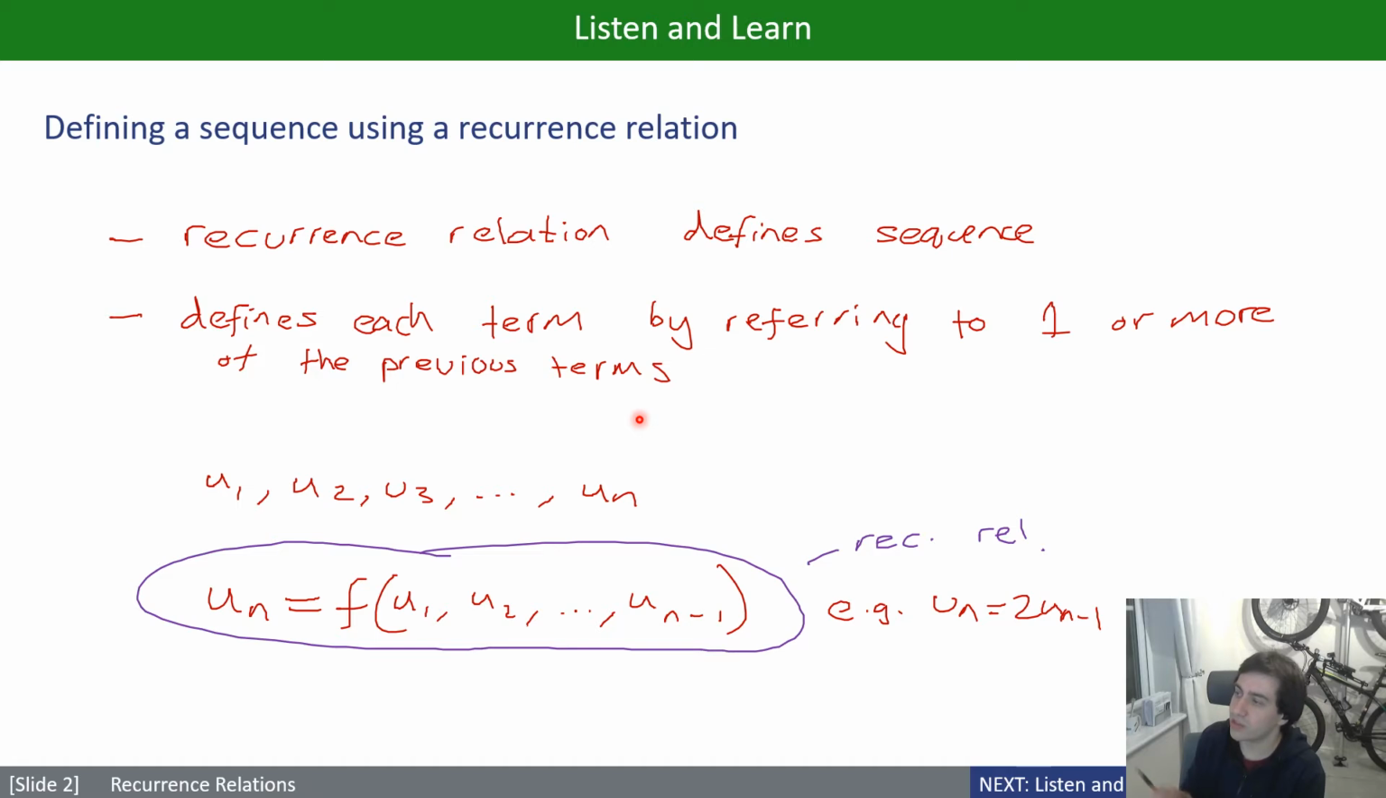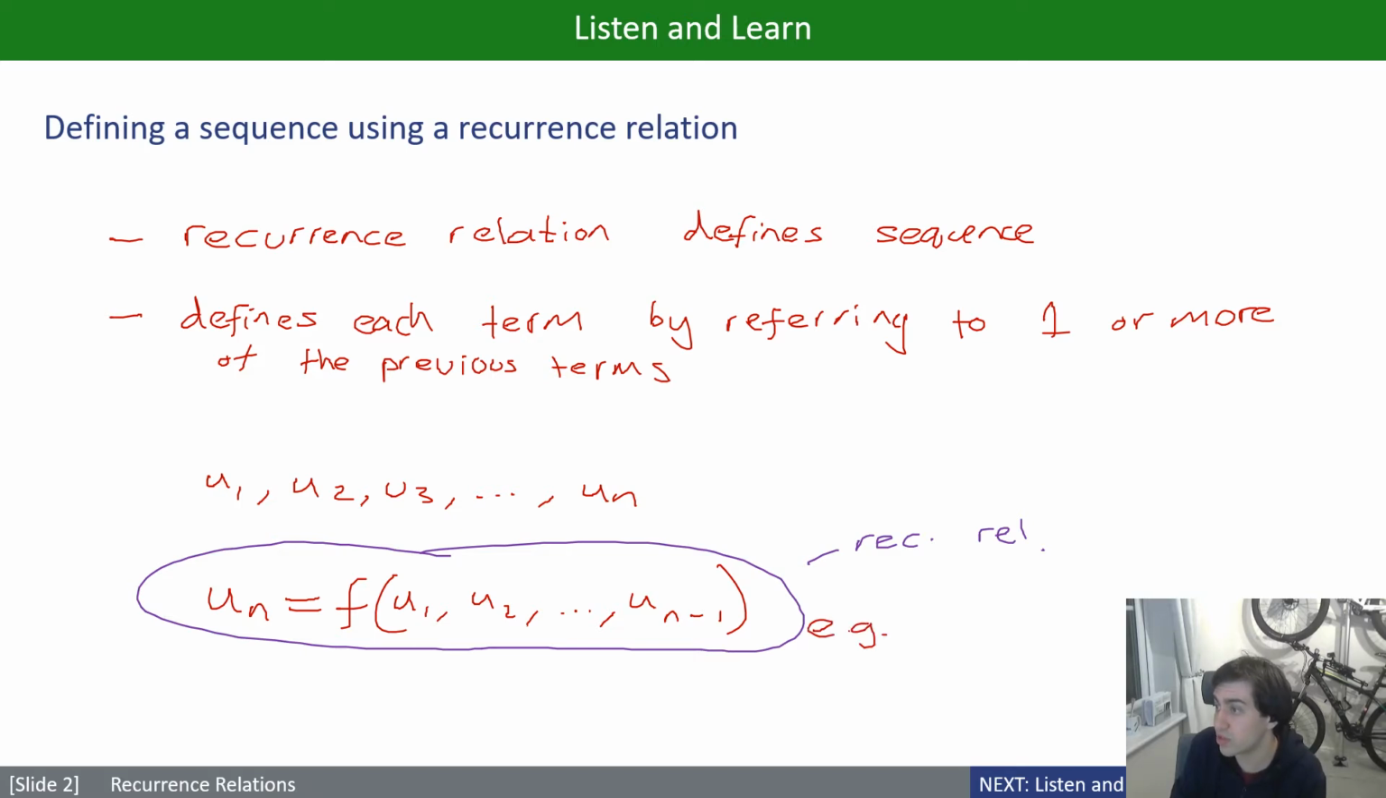So if you started with 1, then your sequence is going to be 1, 2, 4, 8, 16. It's just going to be a doubling sequence. You can also have constants in there as well. So another example could be something like,